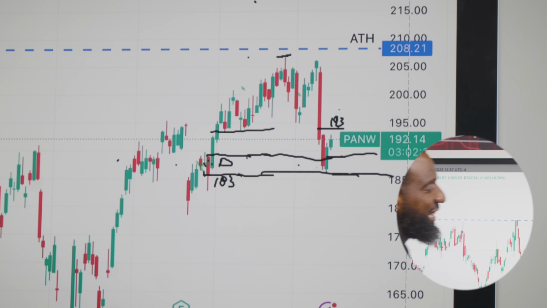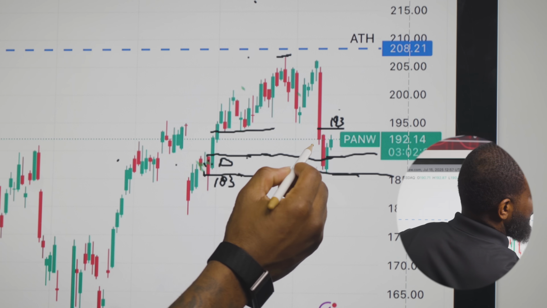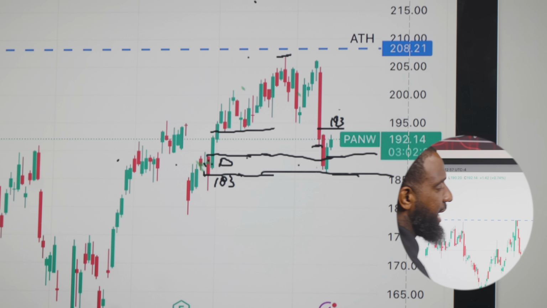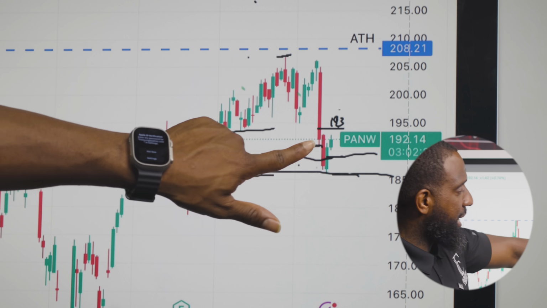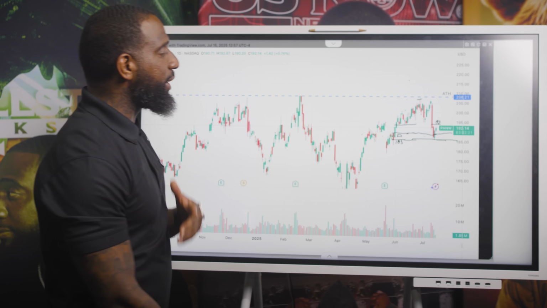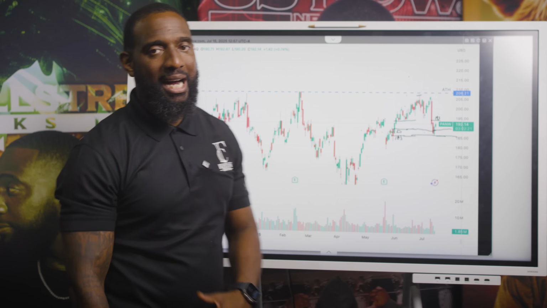Then we got out at 187, 188-ish, and we was good with that. So we got out probably about at the end of this. We got about right up in here somewhere, starting that candle. And then the rest came down, right? So what I really want to show y'all right now is watch how this comes together on another chart.